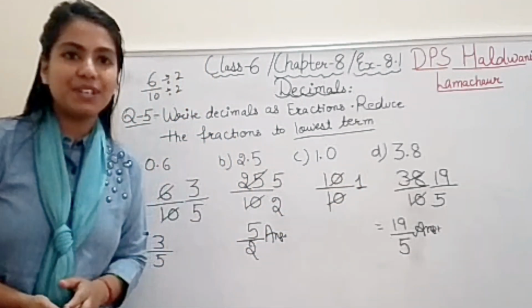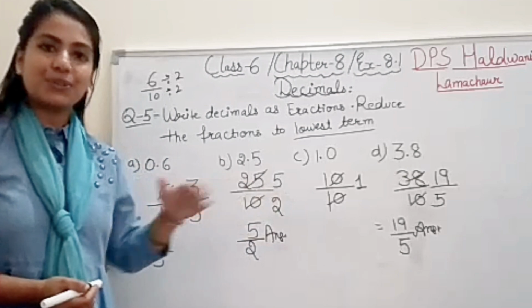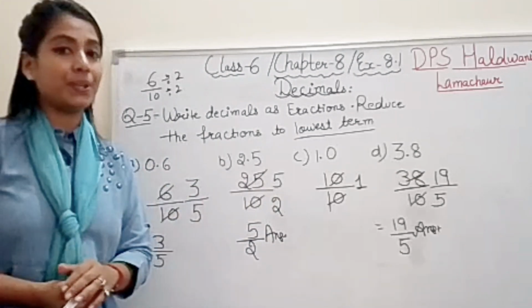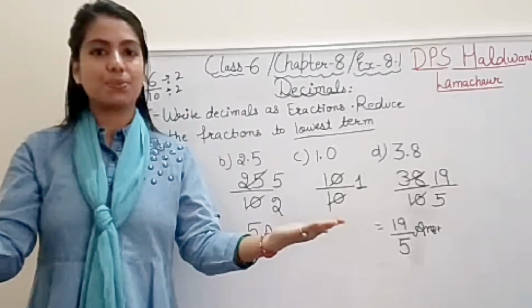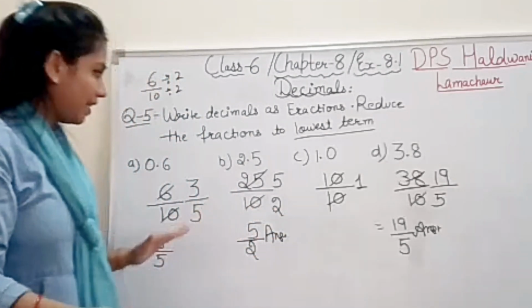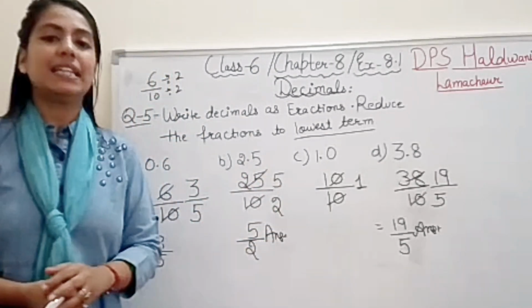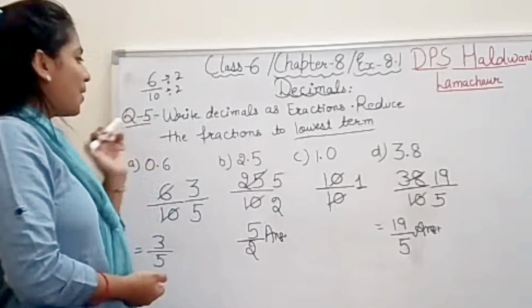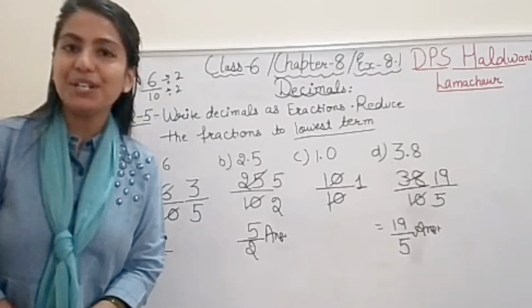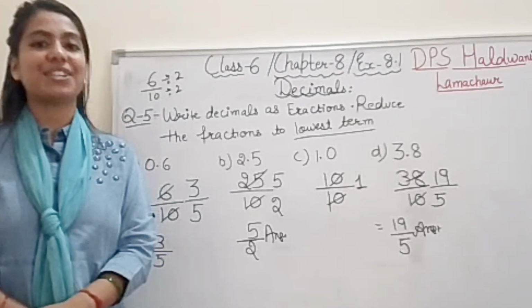So 2 more parts we have in this. So that questions you will try by your own. I used to say please open the book while doing the maths work. Right, student? I have done 4 or 5 parts over here. The rest 2 parts only are left that you will do by your own. So this is all about question number 5. I hope you understood. Now coming to our next question.